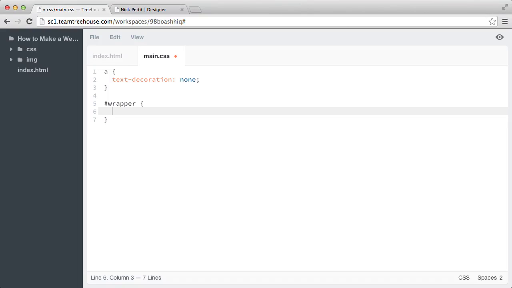Inside of this selector, I'm going to add some new properties and values that we haven't seen yet. I'll type them out, and I want you to follow along. After we've typed them and seen the result, I'll explain what they mean. So I'm going to type